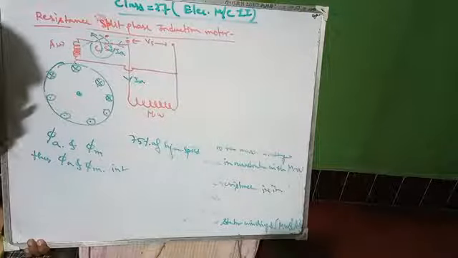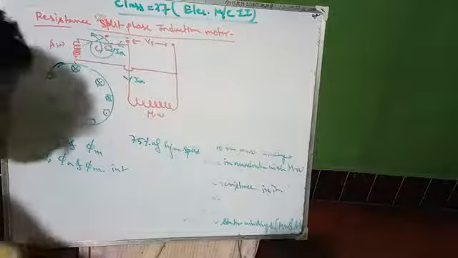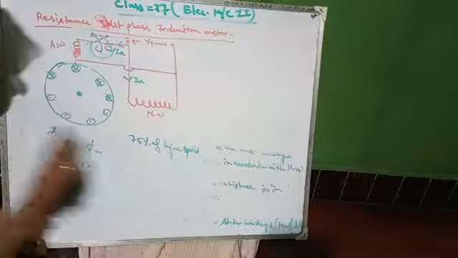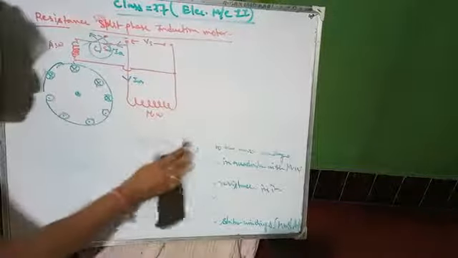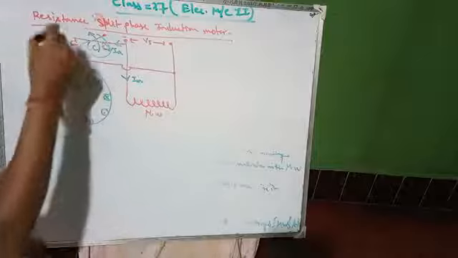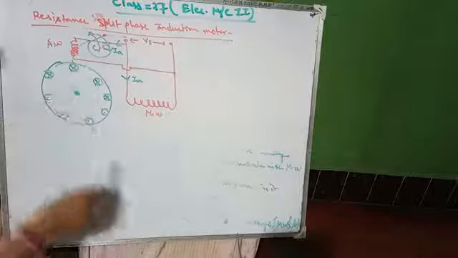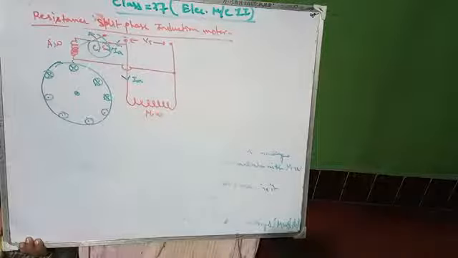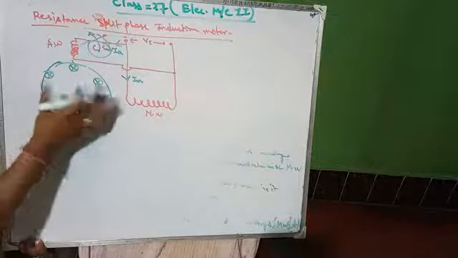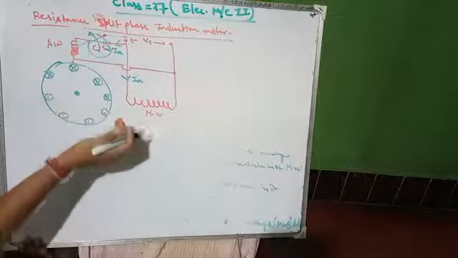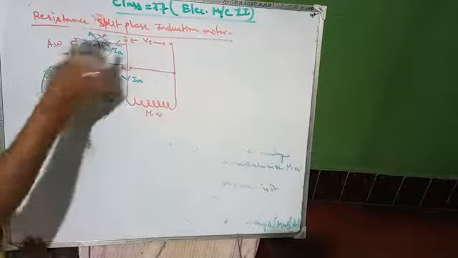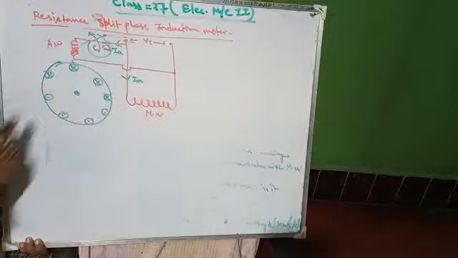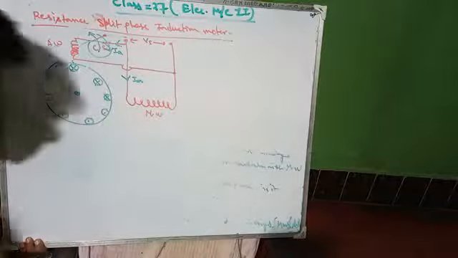Okay, so when there is no starting torque, we have to create a starting torque by introducing an additional winding or the additional flux phi A, right? Once it has started and achieves 75% of synchronous speed, it will automatically cut off. That's why it is called the centrifugal switch, right?